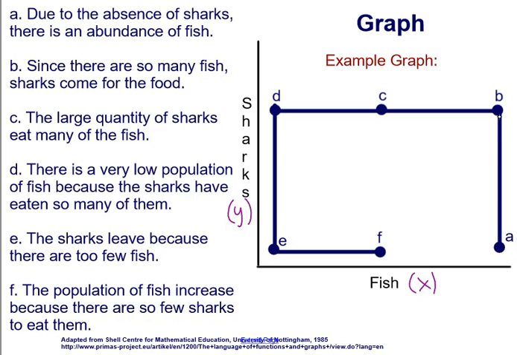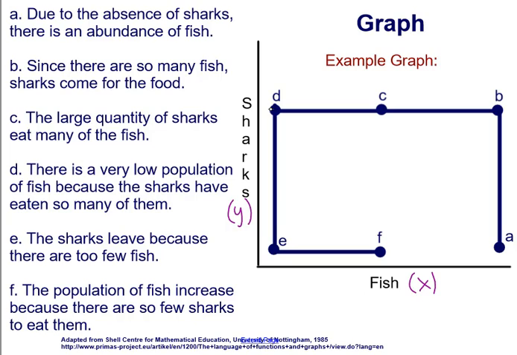Then we move up to B. Since there are so many fish, sharks come for the food. So now we have a high x and y value because there are a lot of fish and a lot of sharks. Then we have C, where the large quantity of sharks eat many of the fish. So our y value is still high, but our x value is slowly getting lower until we get to situation or part D,